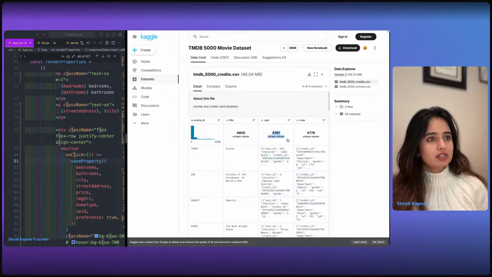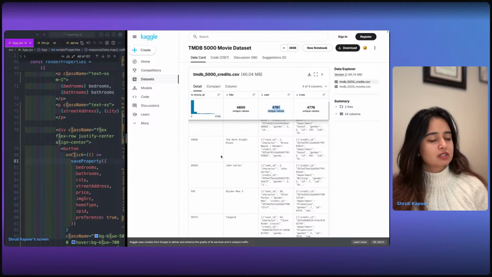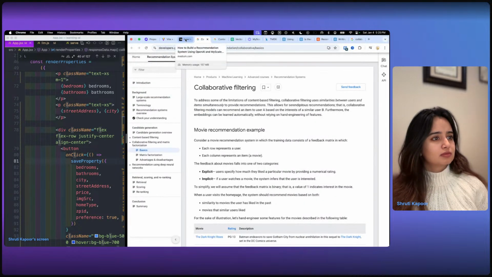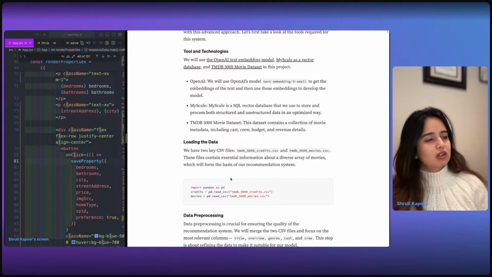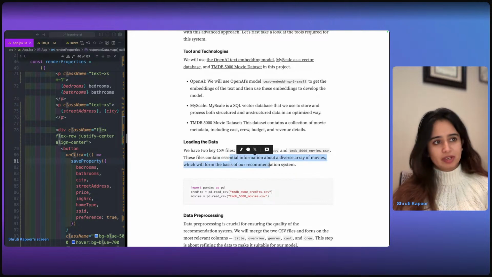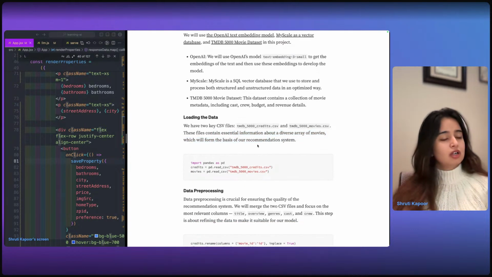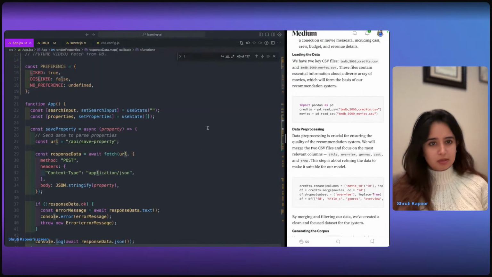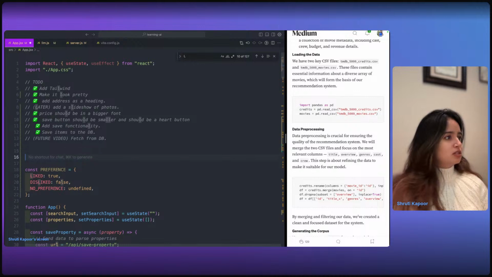It says 4761 unique values. Okay. These files contain essential information about a diverse array of movies, which will form the basis of our recommendation system. So I guess for us, the first step is to create that dataset because we only have 5 items.